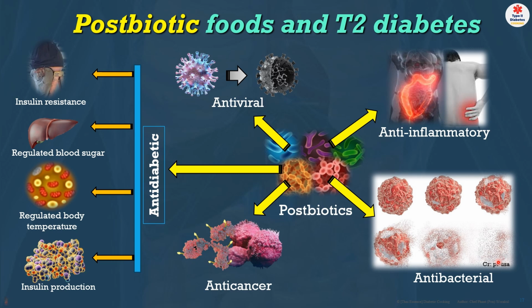If you have insulin resistance, they're going to help improve it. You try to eliminate and cure the insulin resistance, and help regulate the blood sugar that the liver generates and controls. And then body temperature: if your body temperature gets too cold, they will bring it up to normal,